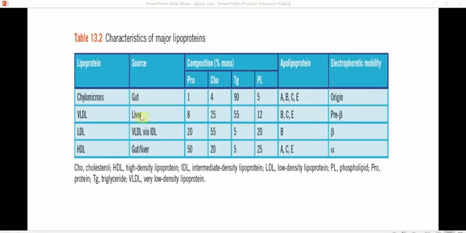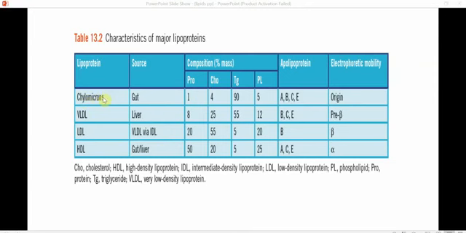VLDL is also rich in triglycerides, endogenously made by the liver, and the LDL is derived from VLDL. The HDL is derived from those taken up either from the gut or liver, by reverse conversion from peripheral tissues to the liver. If we compare their composition, as you see, these particles,